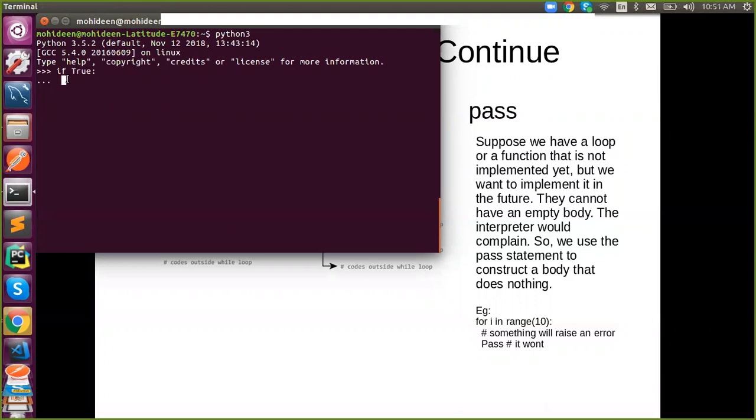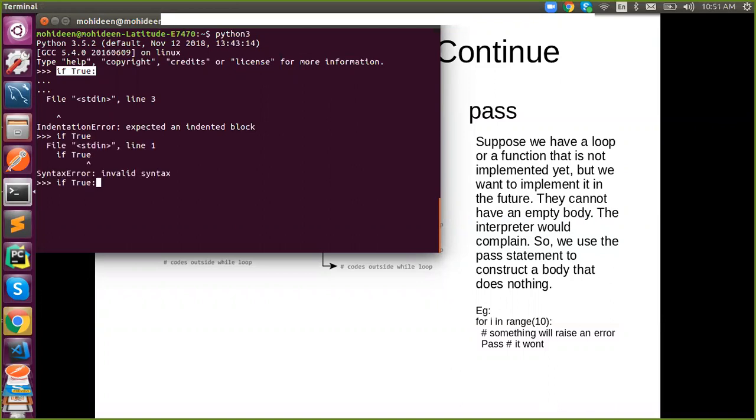Syntax error. How syntax error? Because we are not completing that loop. Indentation error. Up to this line it is valid, then only can we proceed further. In the next line we have an error because we need to keep some indent. We have not kept any indent, so it will raise an indentation error. Syntax error occurs if you miss something. If syntactically it is valid, but the next line doesn't have anything, then it says indentation error.